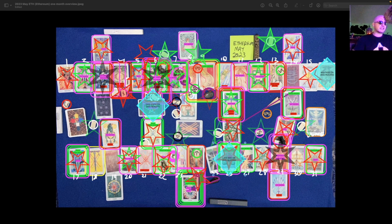In any case, multiple failed attempts to break through key resistance on the 14th. On the 15th, a fast sudden move higher out of a trough, and then rallying, increasing with momentum on the 16th. This is a cross correlator, which leads me to believe this is the highest high. And then on the 17th, at some point there's a bit of a decline between the 16th rally and the